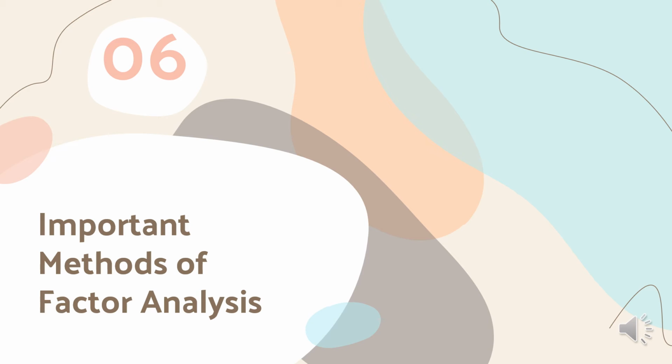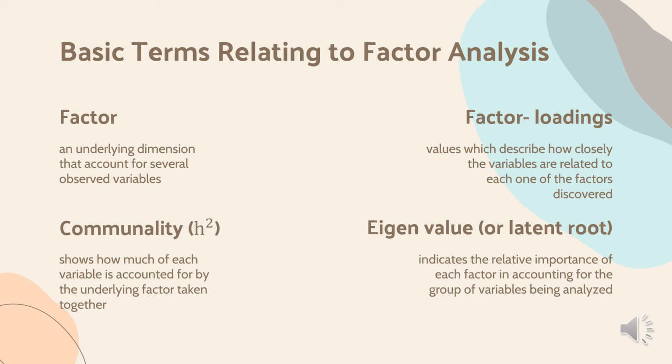Next, we will be talking about the important methods of factor analysis. First, let us discuss the basic terms relating to factor analysis. First, we have factor. It is the underlying dimension that might contribute to a specific outcome. Next, we have factor loadings, or commonly known as factor variable correlation. They try to understand what the factors mean or how they impact the outcome of a study. Third, we have communality. It is a squared variance to determine how much of the variables is reproduced by the factors in